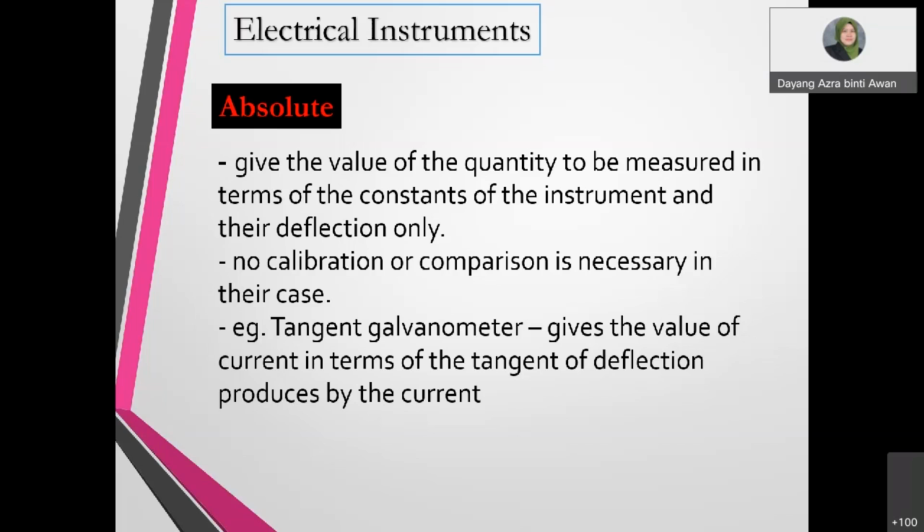So when you put that meter in the calculations of the current in your circuit, at the end it will give you the value of your current directly. So you don't need to have a calibration. You need to check the deflecting point and also the 0 point of that instrument. So the absolute instrument is very simple. If your input is A, your output will be B. This is what we call the absolute instrument.